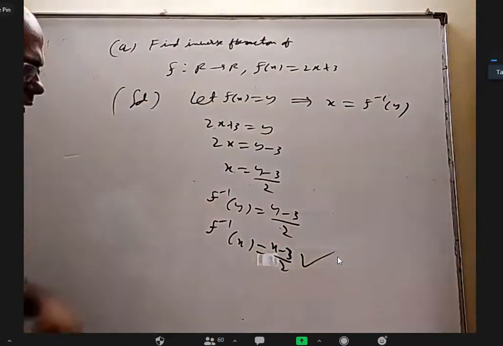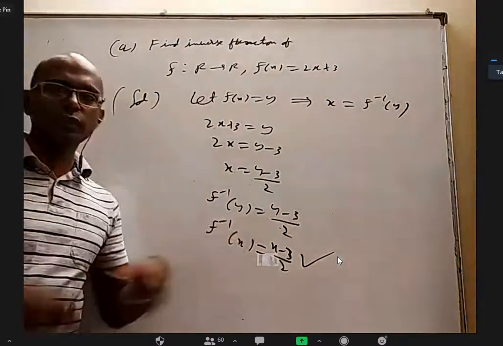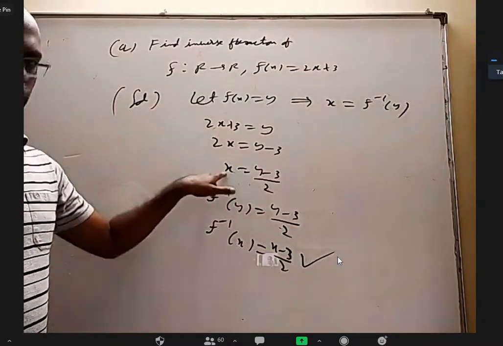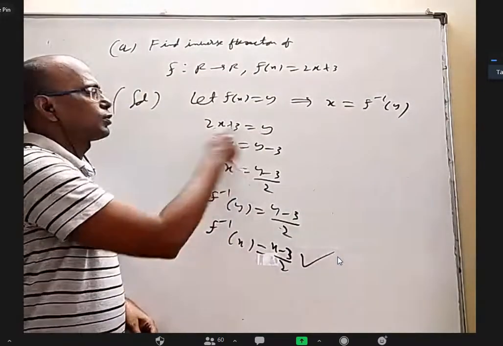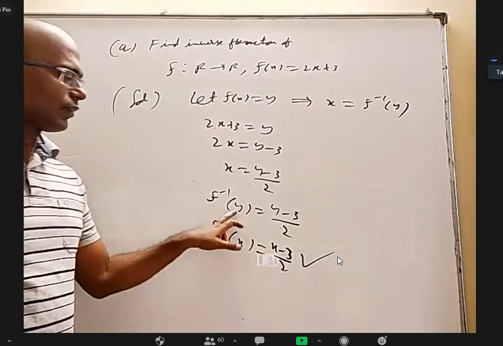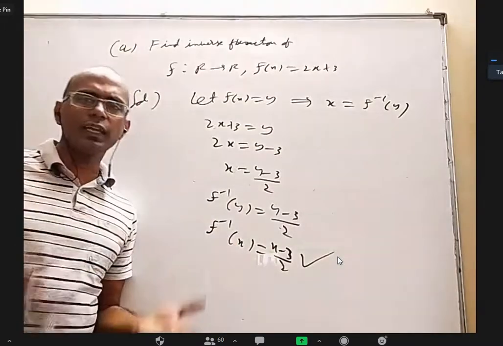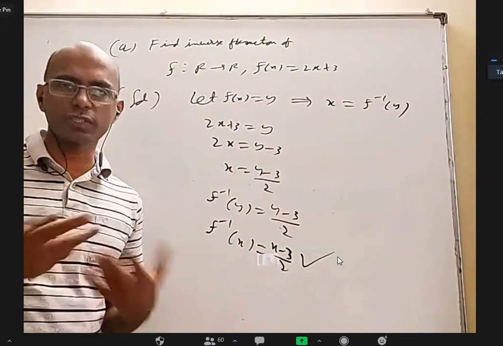The reason I asked L, A, B, and all is basically in the place of y, you can write anything. That's my point. From here to here, I am not using this relation back. Somebody may think in the place of y, why are you writing x? Y is equal to 2x plus 3. So I am not writing y in the place of x that way. In the place of y, you can write L, A, K, B, anything. So why not x? Because generally we talk about f of x, g of x, f inverse x.